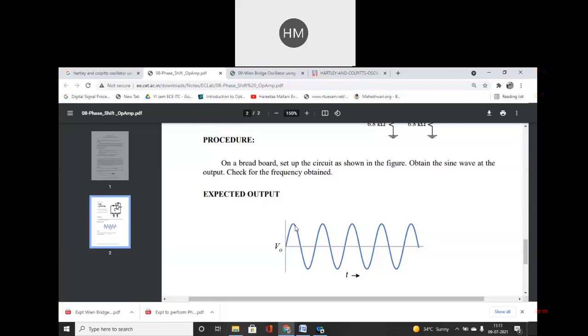So your amplitude is varying from here to here, peak to peak, and this is my time period T. One cycle, 1 upon T will give you the frequency. Now you will get the practical frequency. The theoretical frequency for designing was 1 kilohertz. Practically you can get 1.1, you can get 0.9 kilohertz frequency. Then you will find out the error which you are generating. You can reduce the error also. So this is your expected output for RC phase shift oscillator. Is it clear, student?